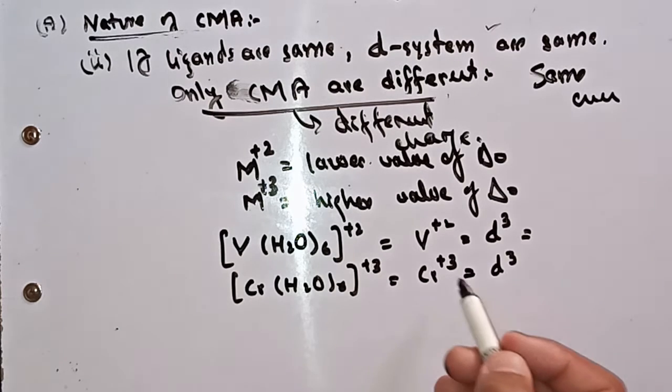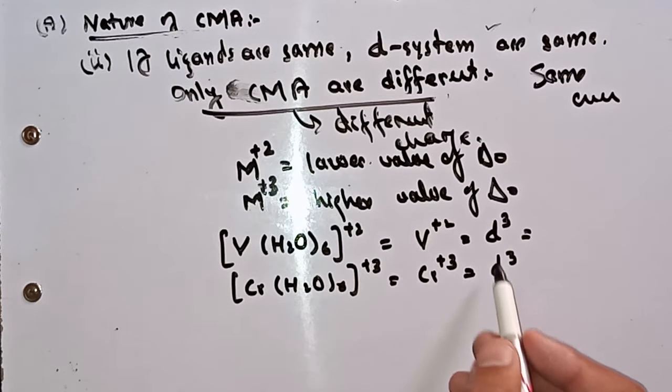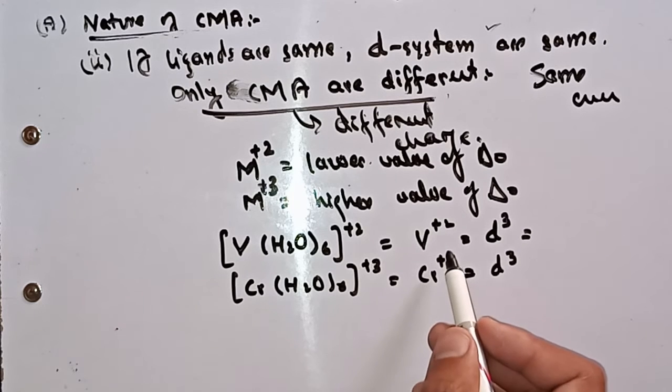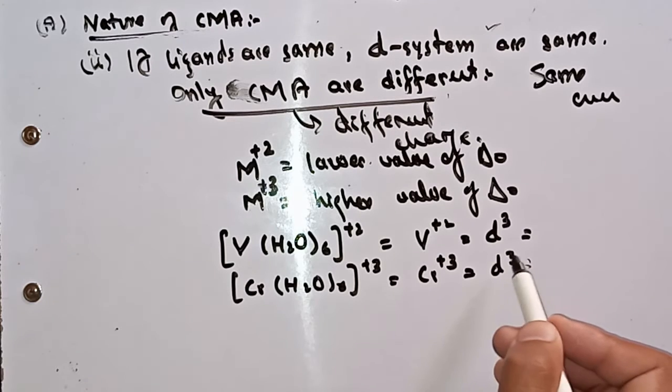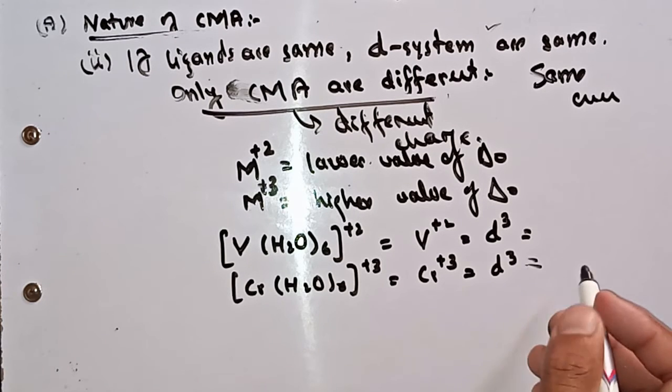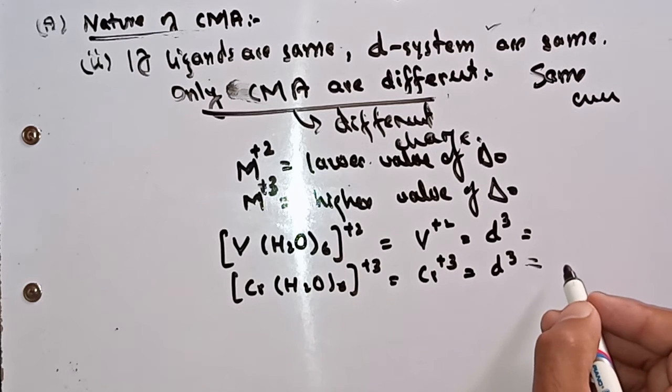When the central metal atoms are different, and the number of electrons in the d system is the same, the oxidation state should be different. So in this case, the higher the oxidation state, the higher the del naught value. Experimentally, the del naught for chromium hexaaqua is